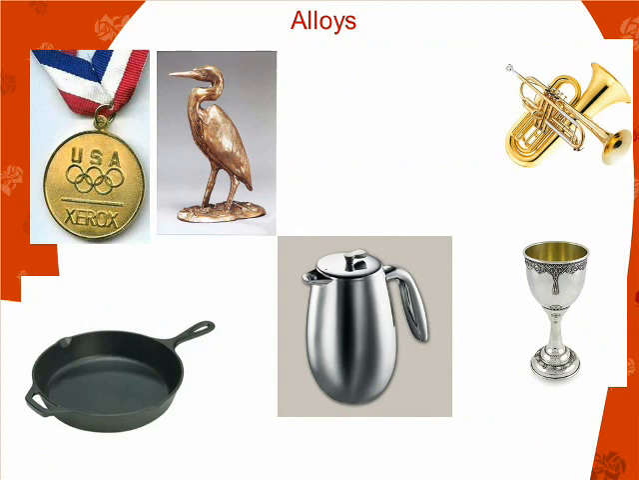Now bronze here is usually copper and tin, a mixture of that. We have brass here. Brass is usually copper and zinc. Here we have a cast iron skillet. That's usually iron and carbon mixed together. And we have some stainless steel, usually iron, chromium, carbon, and nickel. So these are all alloys, homogeneous mixtures, and together they're much superior